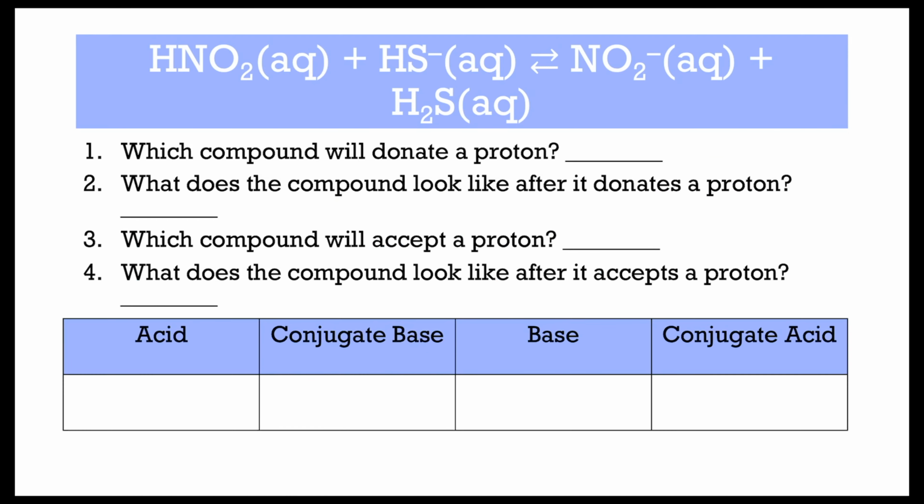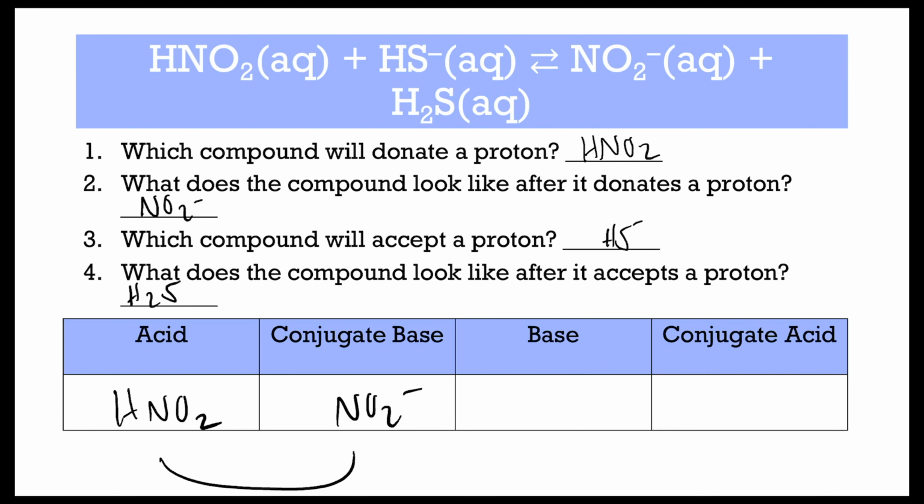So if you are filling in this, HNO2 has the capability of doing the donating, and once it donates, it looks like NO2 minus. And then HS minus has the capability of accepting, and once it actually does accept, it looks like H2S. So if you fill in your table, you get HNO2 as your acid, NO2 minus as your conjugate base,